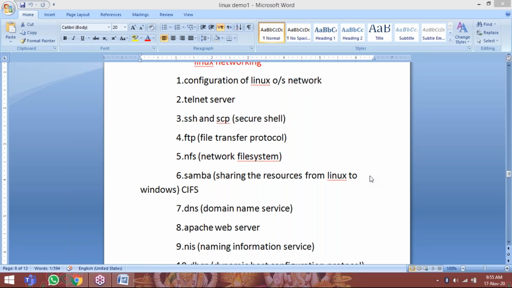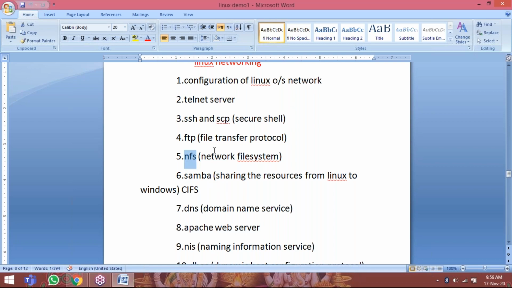We are just going to discuss what we are going to cover in Linux. This is the NFS server we are going to set up on Linux. In Windows, how is data shared? You right-click on the folder and share it. Like that in Linux, how to share data across the LAN, we are going to discuss in the NFS server. This is an online file server, while FTP is offline.